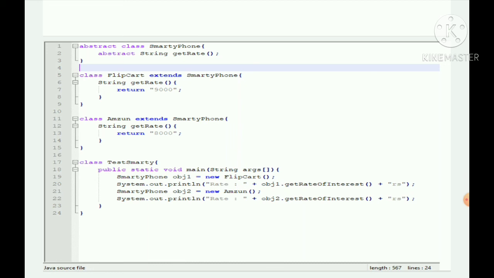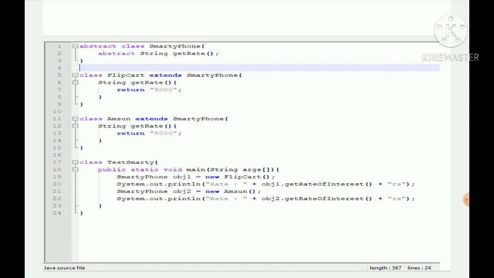Smartphone contains the abstract method named getRate, so it returns the method body. So if you see, the abstract class contains only the declaration of the abstract methods, and the extended classes contain the definition of the method. Definition means it has a lot of statements inside the same method. Okay.